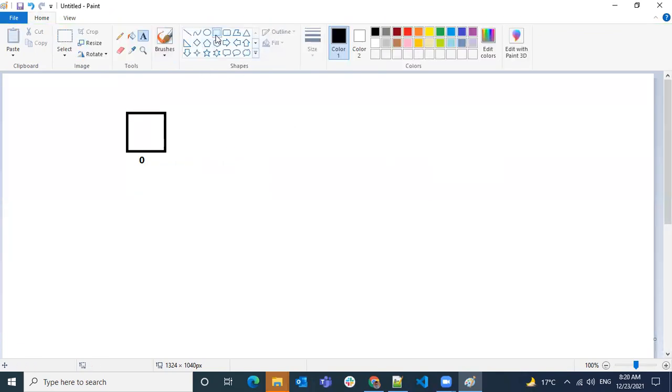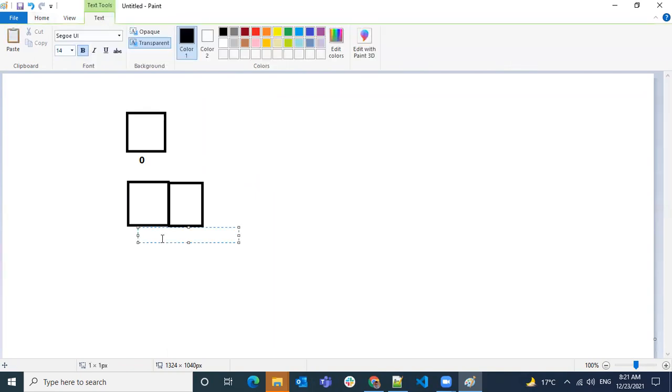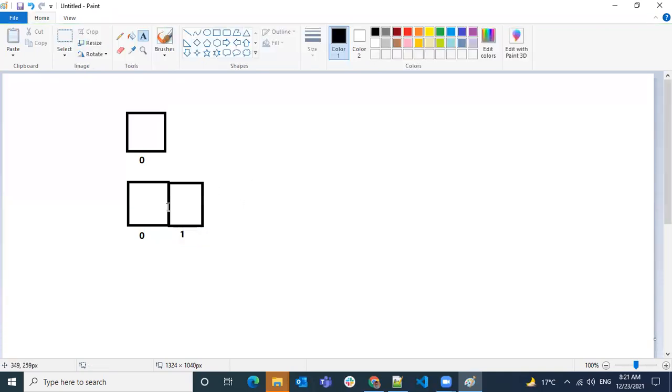Now I add one more value. Then what will happen? It will allocate two spaces, the size is doubled, and the first one will have the same index as here, and the second one will have index 1. So you have some index and value, whereas in a set, you will not have an index, and the value can be stored in any place, but the only thing it will check is whether it's a duplicate or not, and it tries to keep only the unique values in it. Okay, this is the list and set.